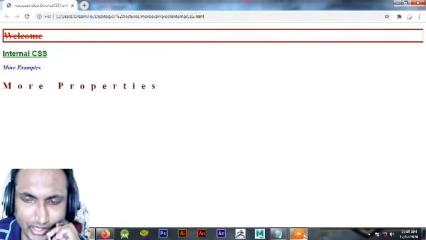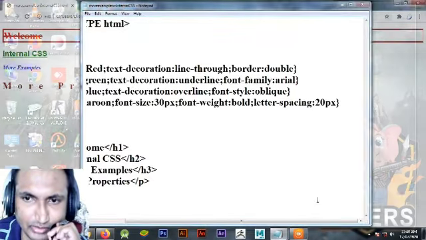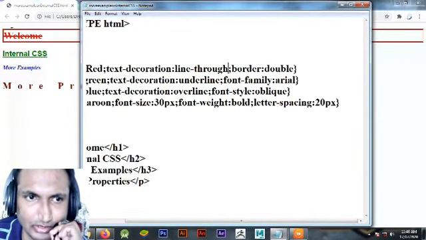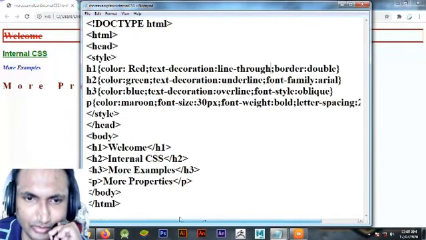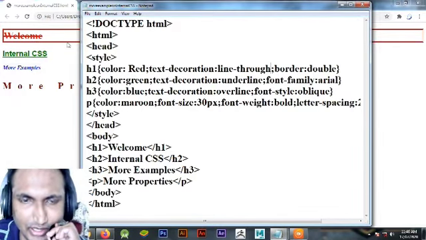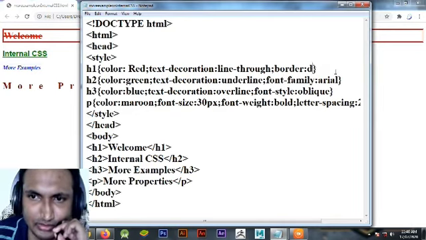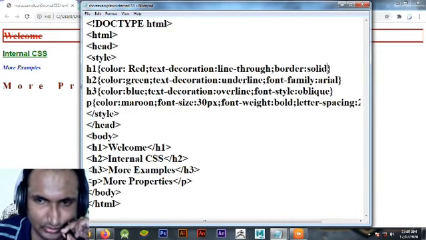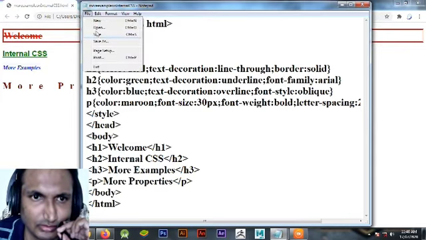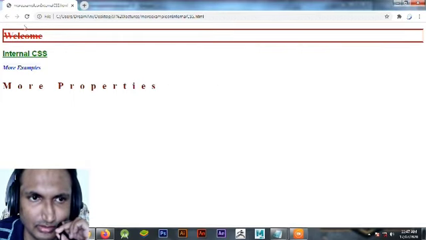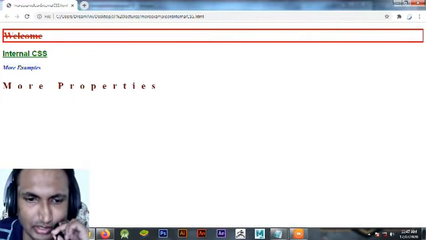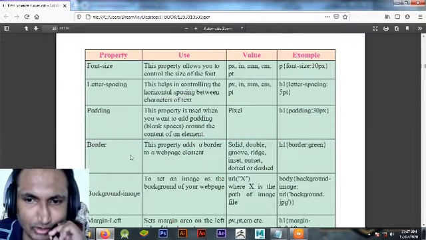The color of our h1 is already given red, so it is appearing in red. If I give it solid, then it will be a solid border.